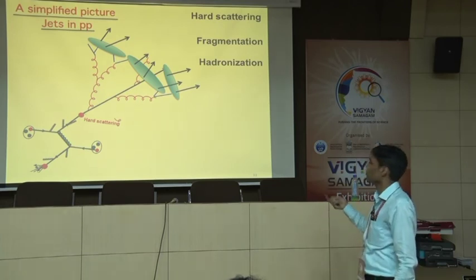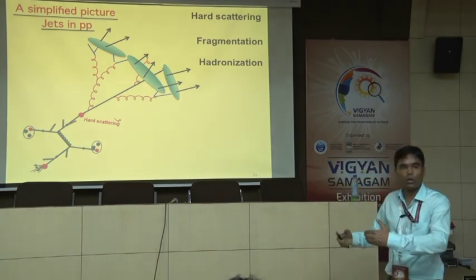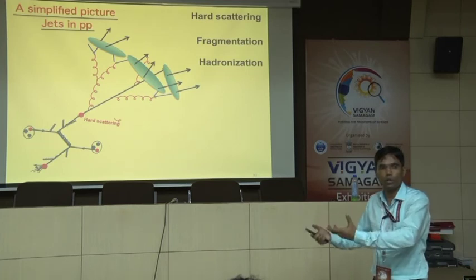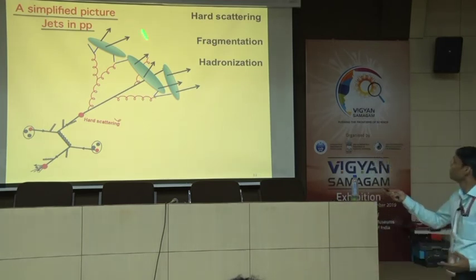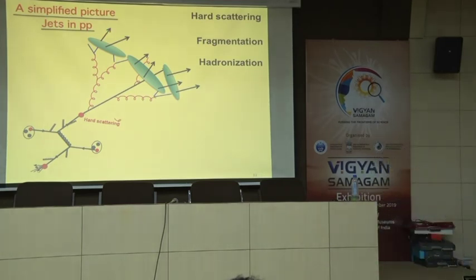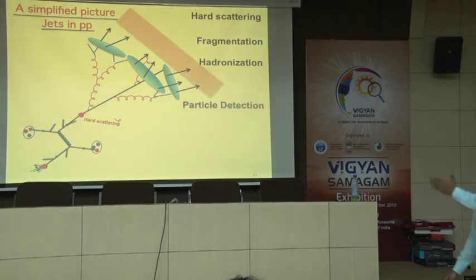So that is called hadronization. All quarks and gluons should combine and form hadrons, and that is called hadronization. So these hadrons, the final state particles, will pass through the detector. You have to put your detector, you have to detect them, and then as I mentioned, you have